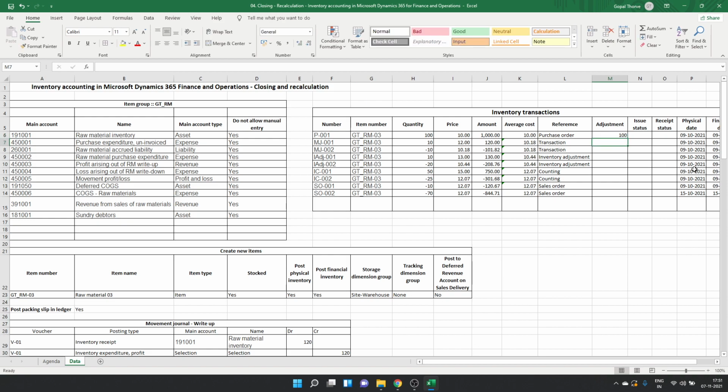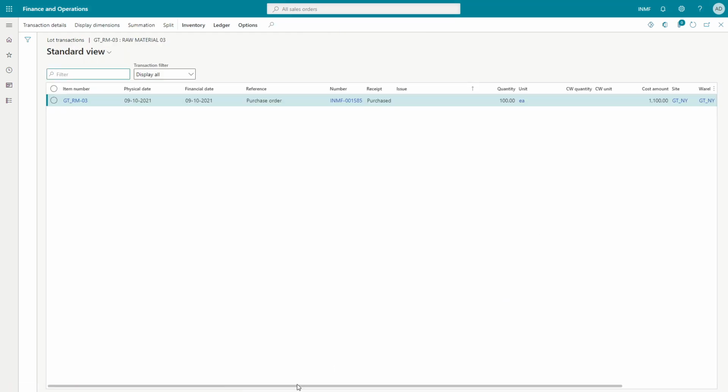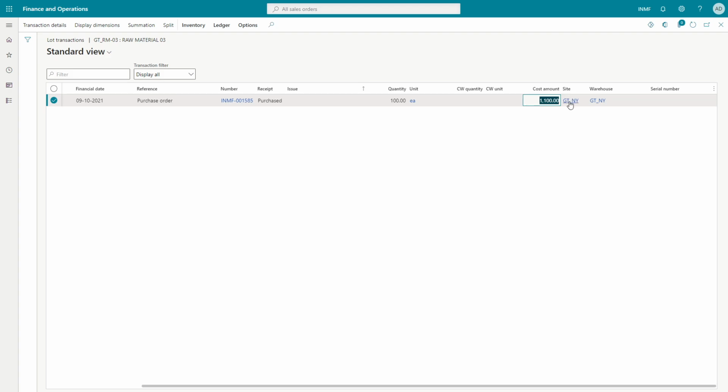Okay, which is having its own accounting voucher, which debits inventory and credits a recovery account, which we provided in the charge code definition. And in inventory transactions, whatever is shown in this adjustment field, okay, has its own breakdown, which is stored in the invent settlement table, which we can say inventory settlements. Okay, so let's see what is the impact on transactions. So if I see inventory transactions for this particular purchase order, I can see that quantity is 100, my cost amount is 1100.